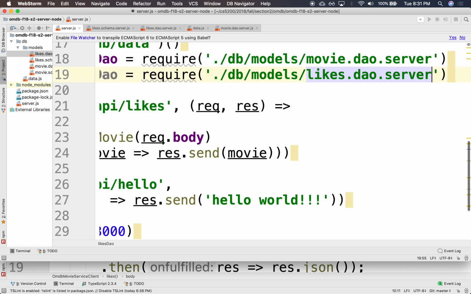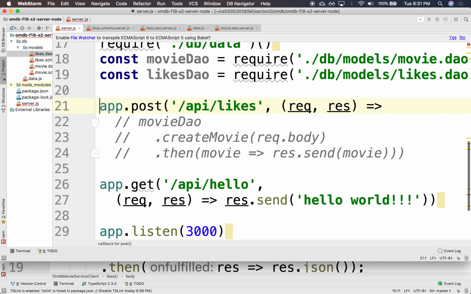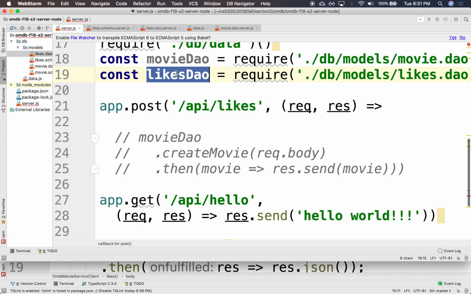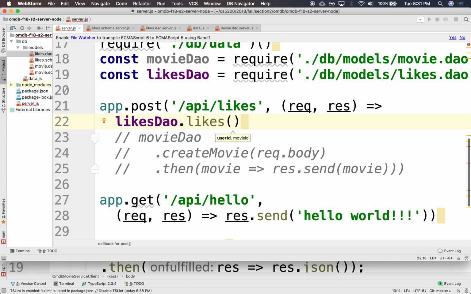Likes DAO. There we go. So instead of creating the movie, it's going to insert, oops, I'm going to say likesDAO.likes, okay? It's going to, let's see, how do we do this? It's going to have to,